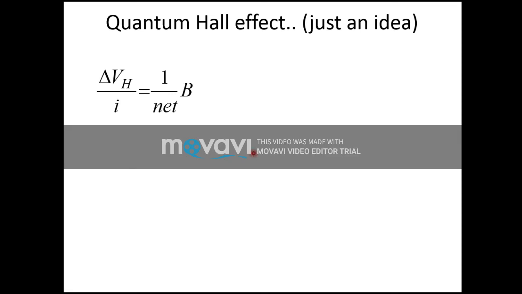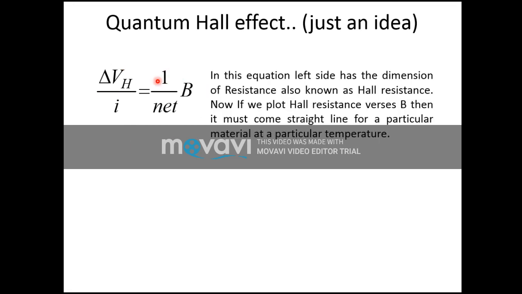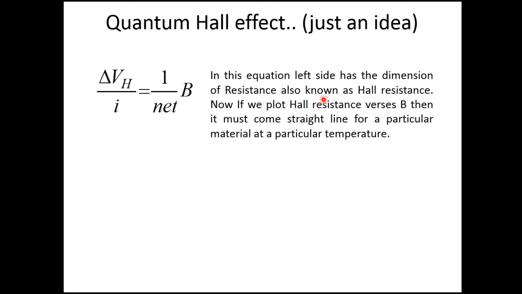Now I want to give you an idea of quantum Hall effect, just an idea actually. You can see that this is equation 5 basically. We are getting this from equation 5. In this equation, left side has the dimension of resistance, which is also known as Hall resistance. Now if you plot Hall resistance versus B,